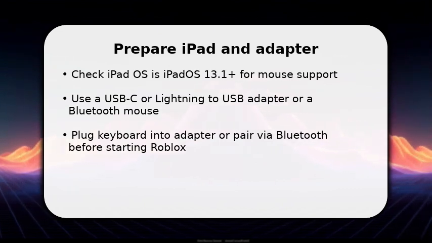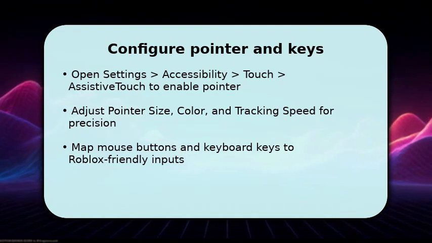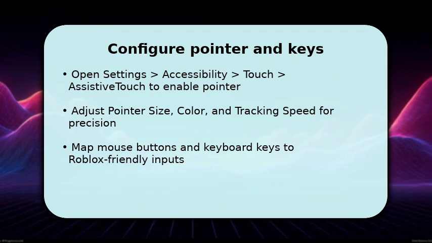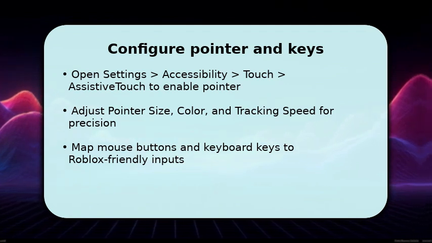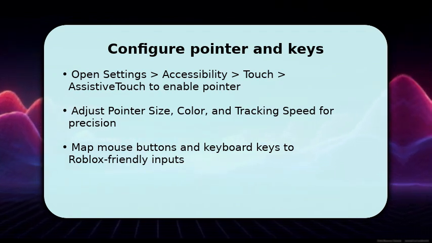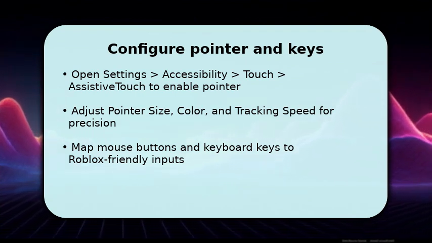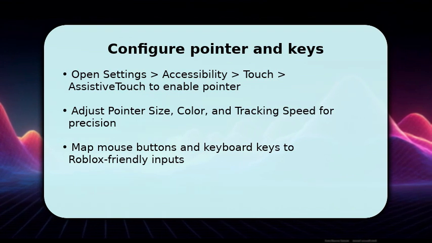You now configure the pointer and key mappings so gameplay feels natural. Enable assistive touch and turn on pointer devices. This gives you cursor customization and button mapping. Adjust tracking speed and pointer size to match the camera responsiveness you want in Roblox, because sensitivity affects aim and